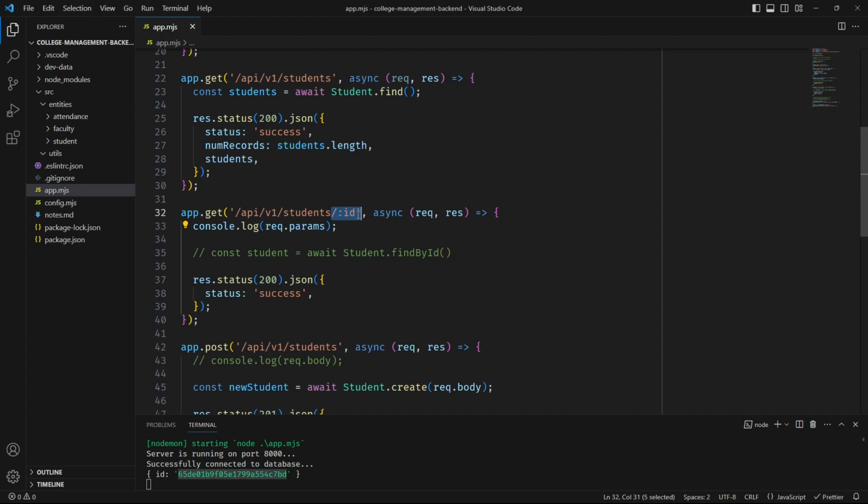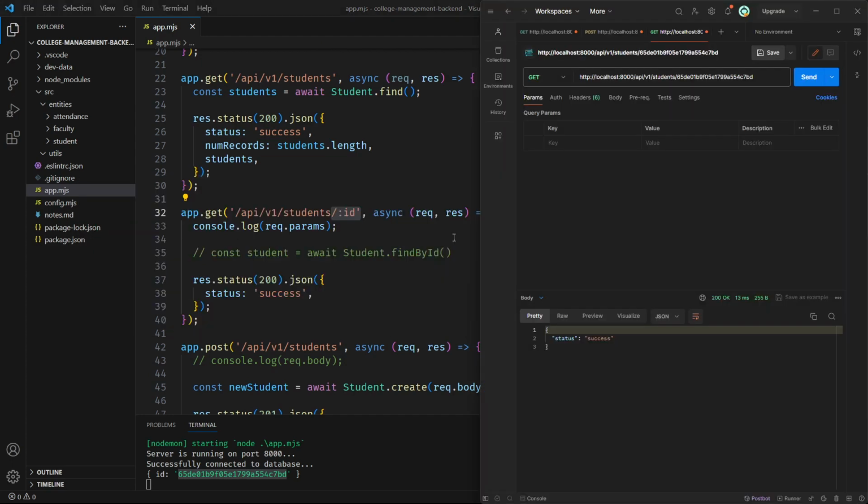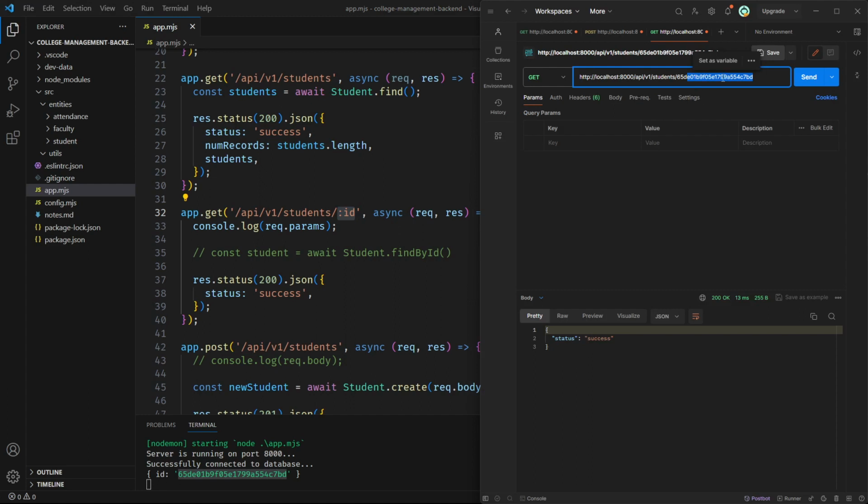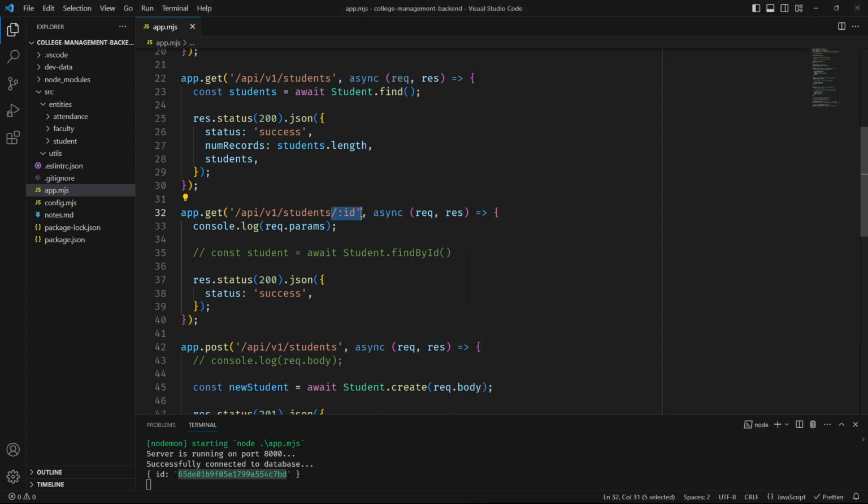This here is known as a parameter, or params in short. I have supplied this thing here, so /students/id. In this case the id is a kind of variable you can imagine. So this string got stored in this id variable, and how can we get the value? By using req.params, which is an object.